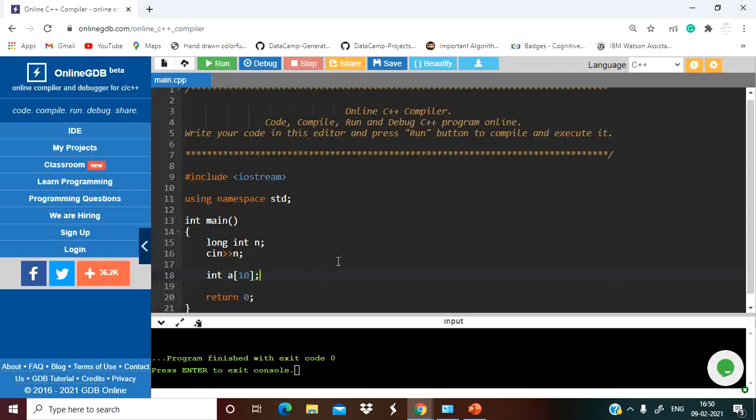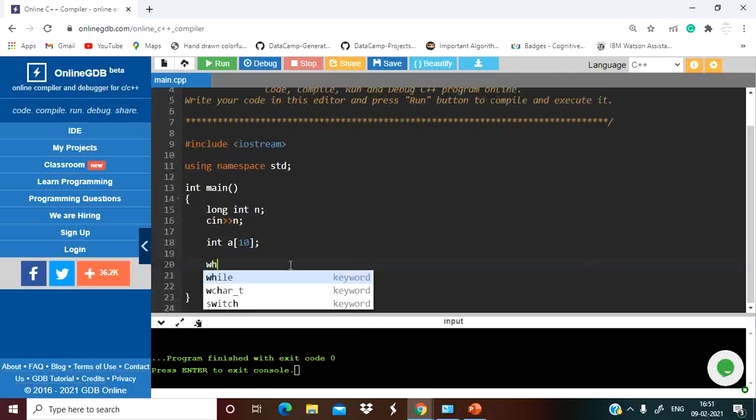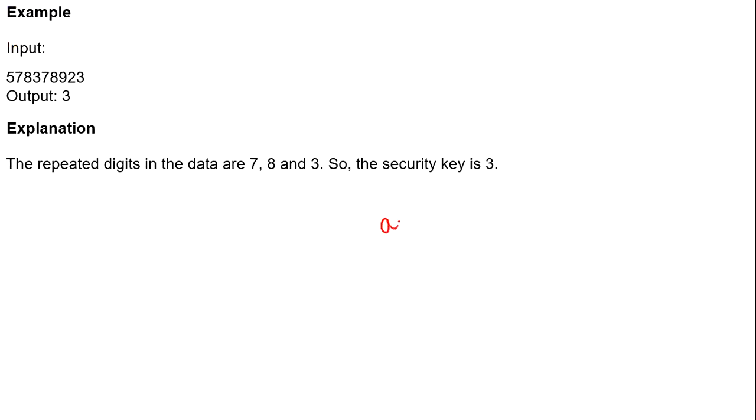We will take our number and run a while loop while n is not equal to 0. Suppose we have this array of 10 elements, because we have to store the count of each digit from 0 to 9, right? So 0, 1, 2, 3, 4, 5, 6, 7, 8, 9, right?